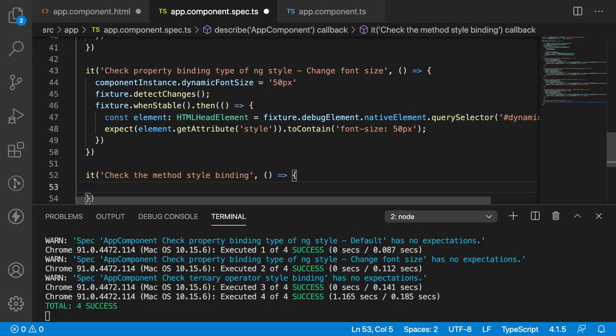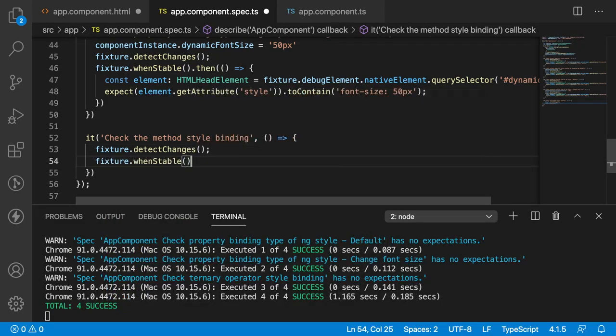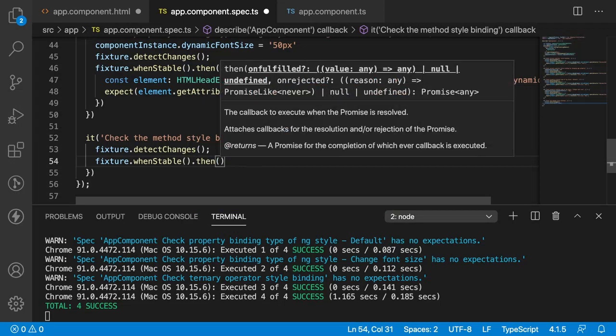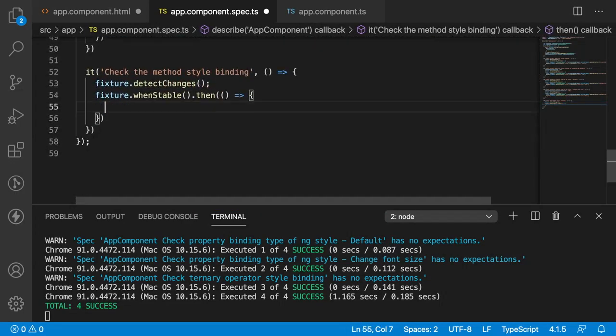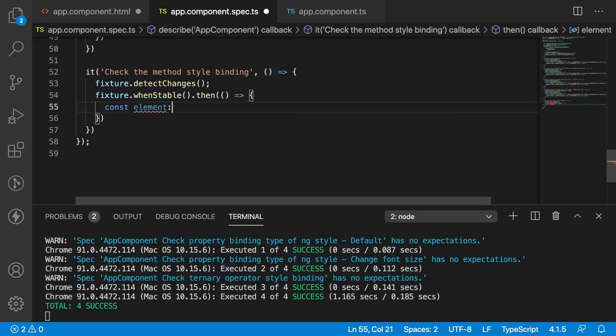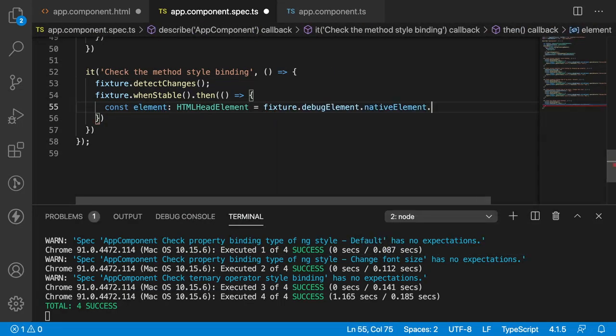Inside the callback, let me use fixture dot detect changes, fixture dot when stable. It's promise based, dot then, and it has a callback. Inside the callback, let me write our functionality. So let me get the element, const element colon HTMLElement is equal to fixture debug element dot native element dot query selector of, what is my selector?